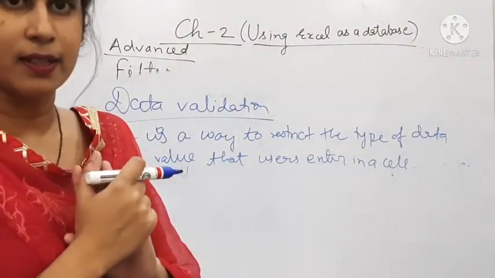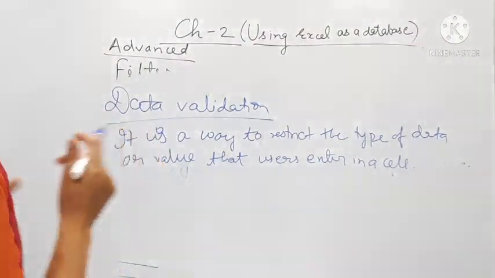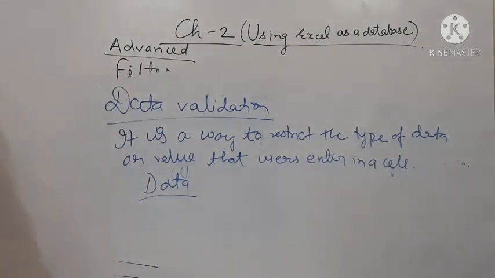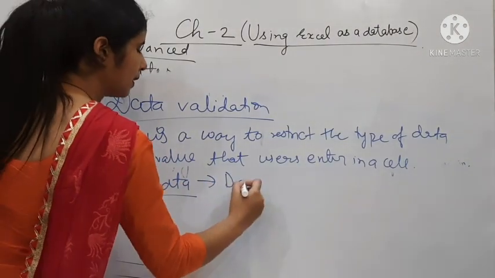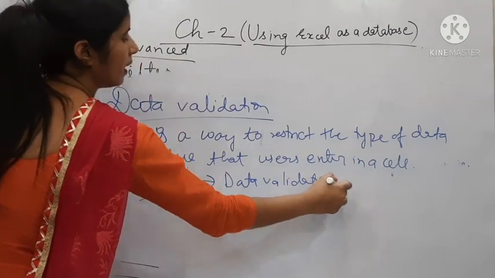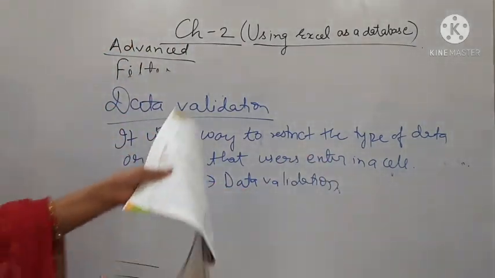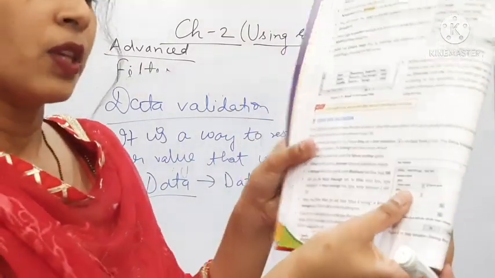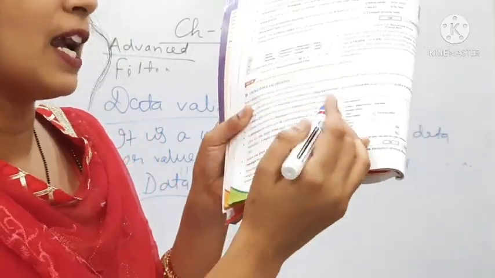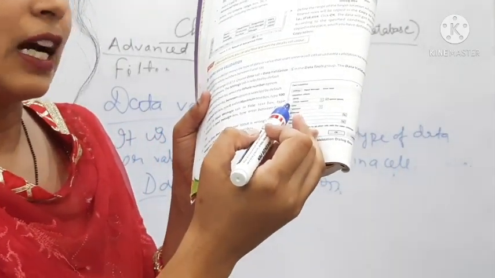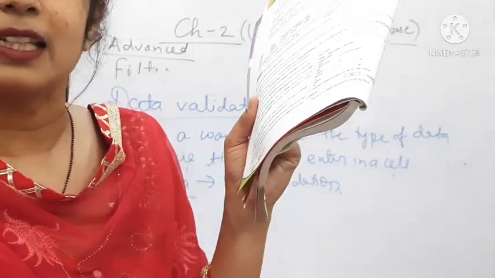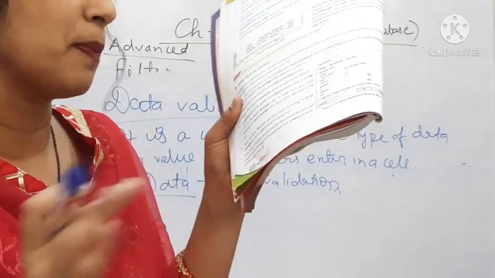We are trying to restrict it, and we are restricting it with the help of data validation. Data validation we can find on the data tab. Whenever we click on the data tab, it will show us a data validation option. When we click on the data validation option, it will show us a box. This kind of box it will show us. Here the first one is allow. Which kind of numbers are we trying to show? We are trying to show whole number. Then data means in between. The numbers from 1 to 100, suppose we had set the limitation, so the in-between numbers are also getting displayed there.